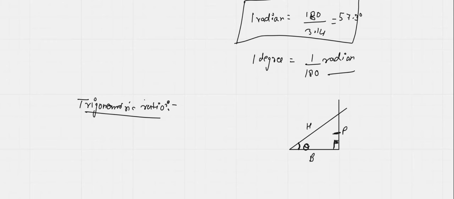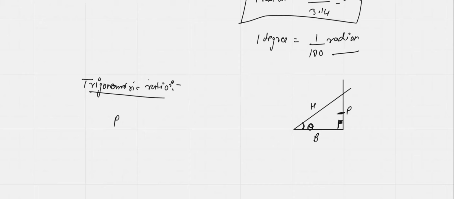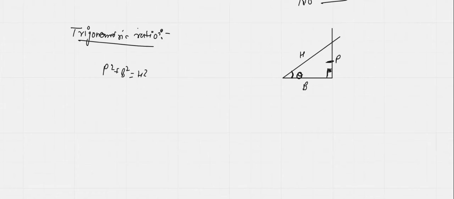You know this relation that p square plus b square will result in h square. As per the trigonometric ratios, we have three basic trigonometric ratios. Sine of this theta will give you perpendicular upon hypotenuse. Cos of this theta will give you base